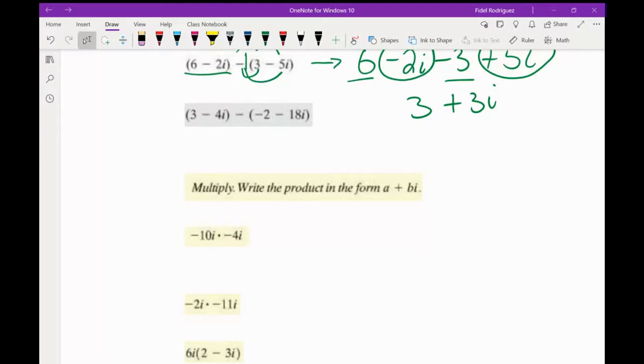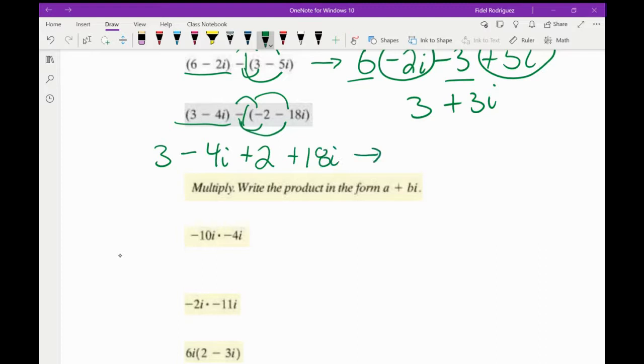And let's take a look at the next one here. So I have 3 minus 4i minus negative 2 minus 18i. So again, I'm going to think of this as a negative 1, and I'm going to distribute that part. So this guy, I'm just going to write down again, 3 minus 4i. So negative 1 times negative 2 is a positive 2. And negative 1 times a negative 18i is a positive 18i.